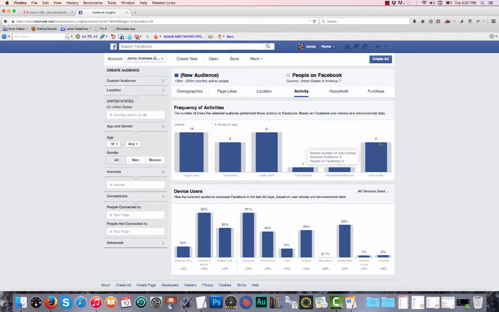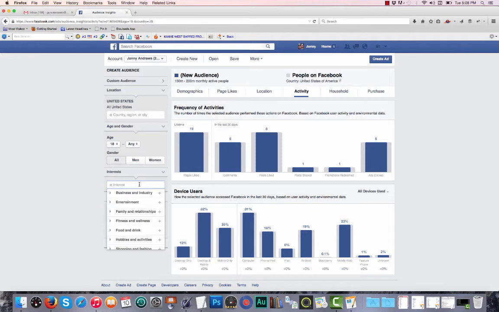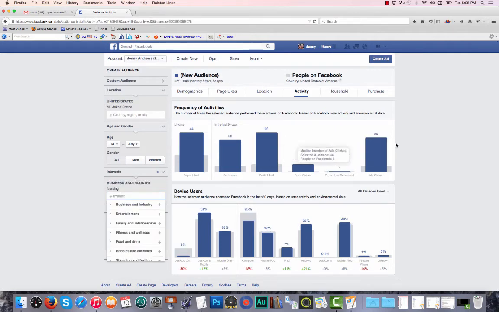And so it does bring up something. If people are not responsive to ads, then the likelihood they're going to engage with your advertisement or buy your stuff is pretty low. It's definitely low if you're around 6. So let me show you what I'm talking about and the kind of difference it makes. We'll type in a group of people that we know buy like crazy: nurses. So we go nursing here. Check that out. 34. So that's basically over 1 ad per day, typically for a month. So these people are pretty ad click happy, which is super awesome.